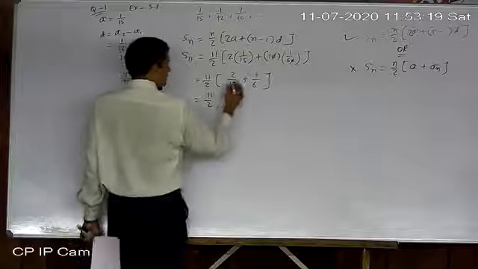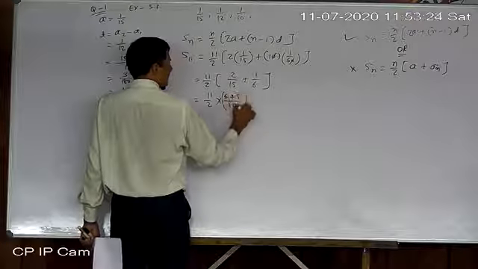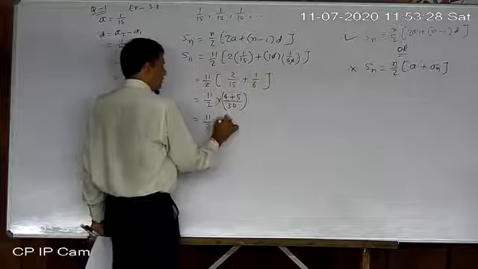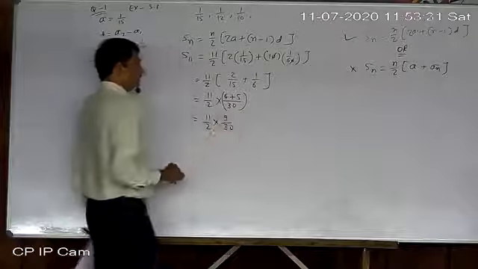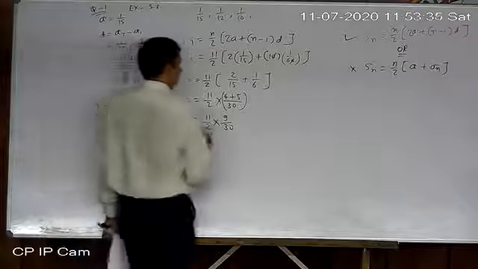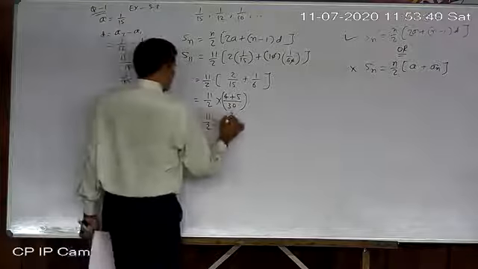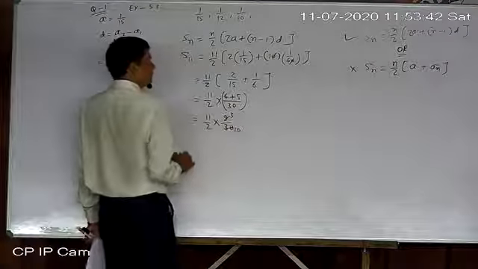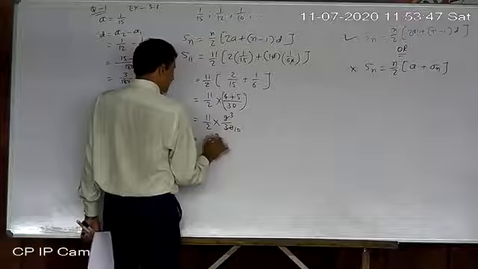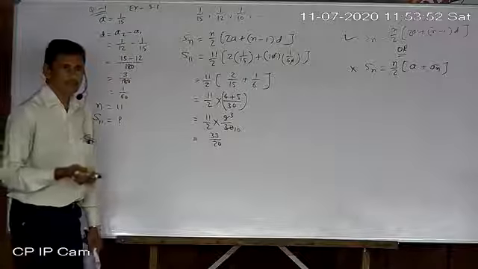So now 15 to the 30, so here it is 2 to the 4. Now 6 5 are 30, so 1 5 is 5. So it becomes 11 by 2 into 9 upon 30. Now 3 and 10, so it becomes 33 upon 20. So the sum will be 33 upon 20. That is our final answer.